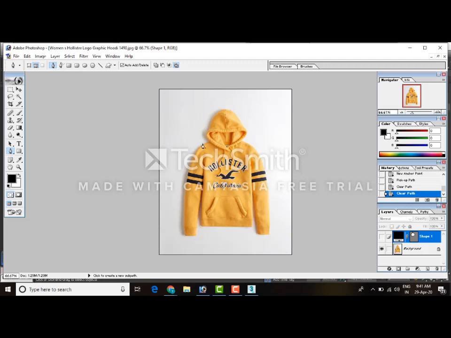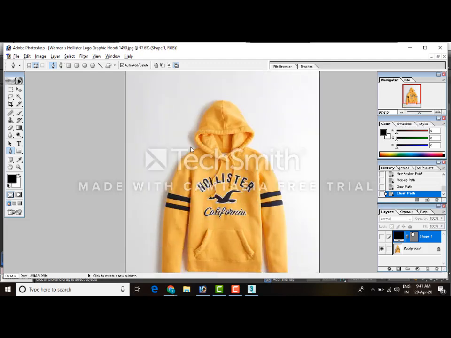Now using these options, we have to trace this shape. So you can start at any point, start at this particular point for example. Then I'll come here, click and drag. Click and drag.